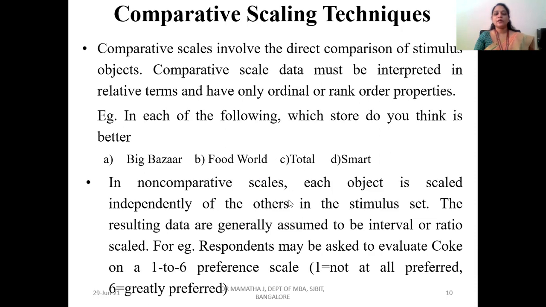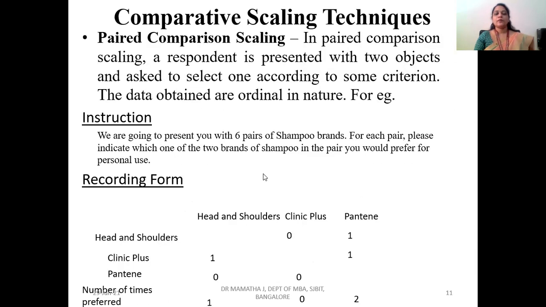Okay, so in non-comparative scale, what happens? Each object is scaled independently, but here in comparative scales, all together we'll be measuring them in an ordinal scale or rank order properties. Okay. For example, if respondents are asked to evaluate Coke on 1 to 6 preference scale, so 1 is not at all preferred and 6 is greatly preferred. This is independent of other brands. But in the previous example, here we are comparing between the different stores. So all of them are put together in the question. So this is called comparative scaling technique. Okay. So under this